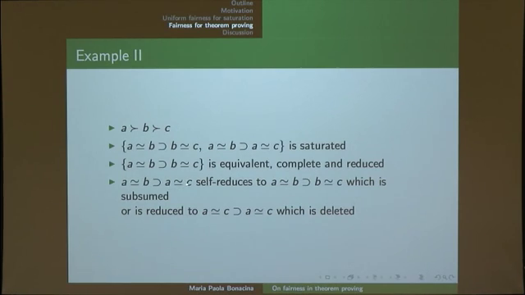Because this conditional equation can self-reduce, can reduce itself to A equal B implies B equals C, which is subsumed by the other copy of A equal B implies B equals C, which we already have. Because again, we allow also the condition to be used for rewriting so that this A goes to B. Alternatively, we can reduce A equal B implies A equals C to A equals C implies A equals C. Why? Because under A equal B, we can reduce the B to the C this time. We are reducing the B in the condition to C by using this one, A equal B implies B equals C, so this B goes to C, and this is also to be deleted